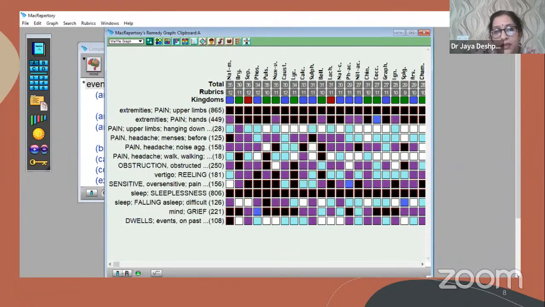So if you see this repertory chart, this showed up Natrum muriaticum, Bryonia, Sepia, Phosphorus. So again, these are polycrest, but then